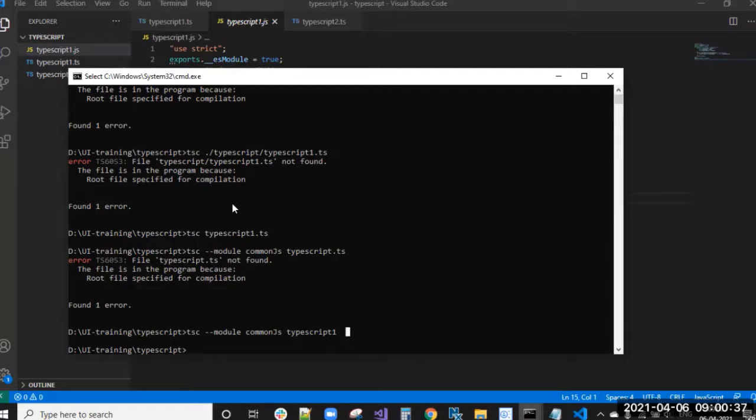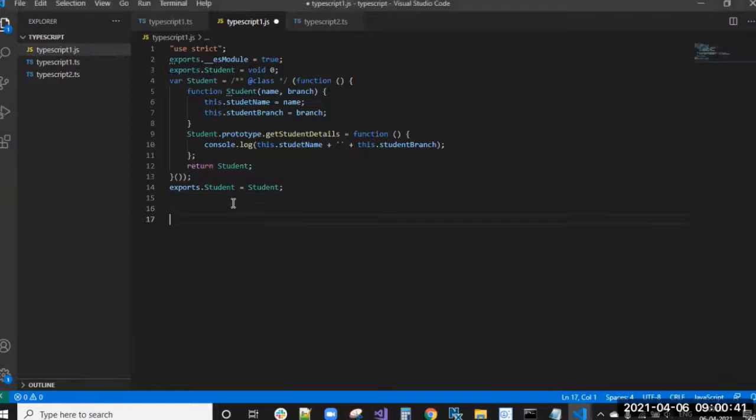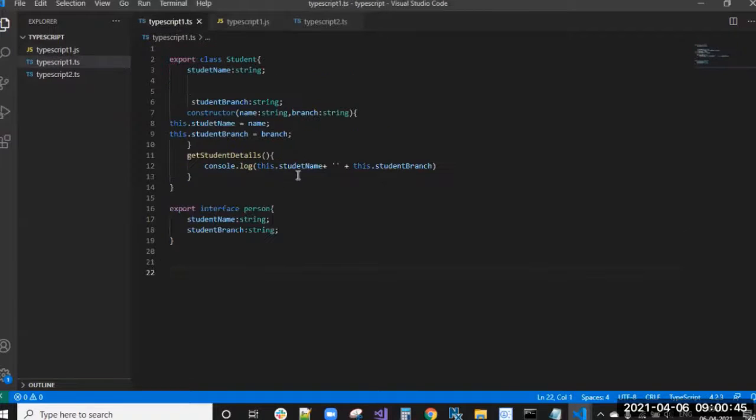So this is one way, and we have some configurations. So what do those configurations mean? We have TypeScript 1.ts and TypeScript 2.ts, right? I want to combine these two TypeScript files' output files.